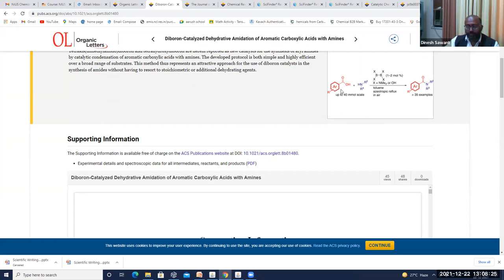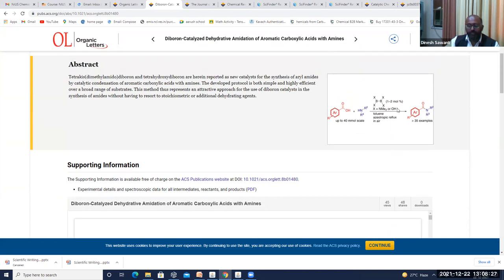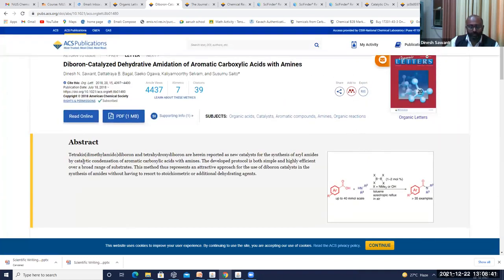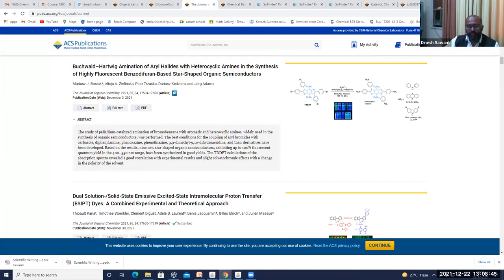So we try to convey precise information about what kind of reaction conditions we have and what the novelty might be in that case. Some novelty we highlight here, up to 40 millimole scale. So we even did the scale up of that particular work. Here you will get a little bit more information. Similarly, if you see any other paper,